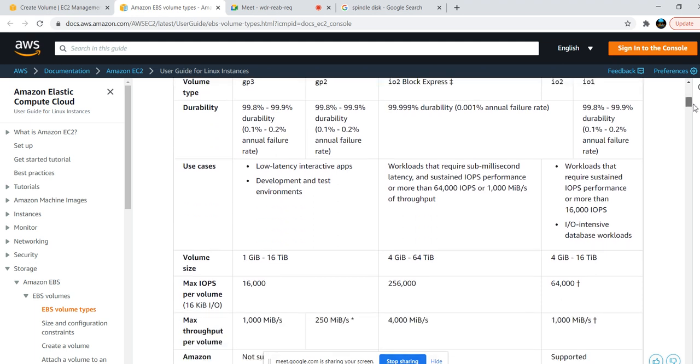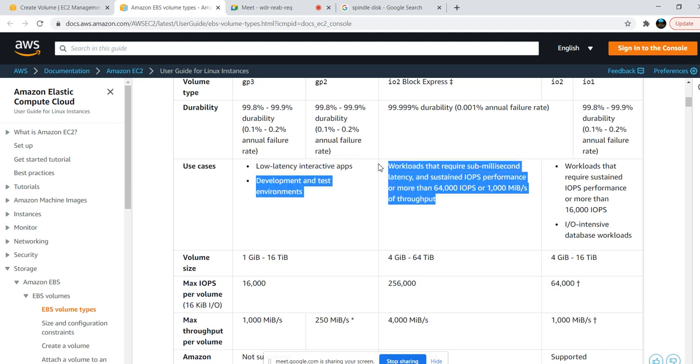So the use case: where we need to use general purpose and where we will use provisioned IOPS. Low latency interactive applications, development and testing, even for production we will use IO1, but depending upon our performance and requirement we will use GP2 or IO1.